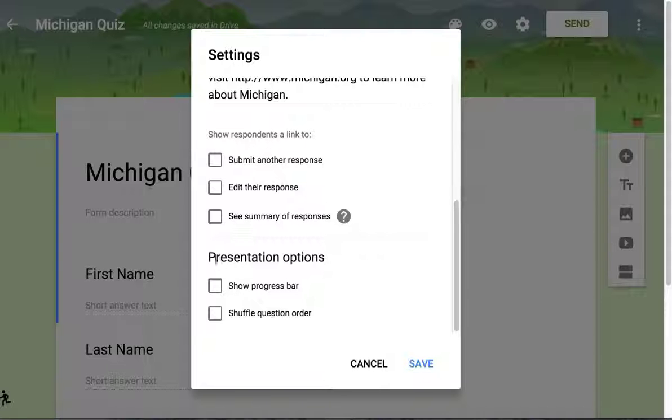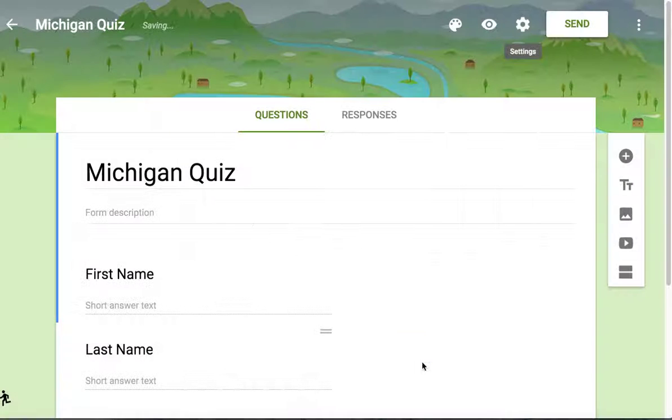And then how will it look as the students navigate through the form? Will they see a progress bar so they know how much of it they have finished? This is helpful for assessments that you create on more than one page. Or will I shuffle the order of the questions so that if students are sitting together, perhaps in a computer lab or at their desks, they won't have the same question at the same time? So that's an option there. And once I've made the choices that I want to make, I click Save,